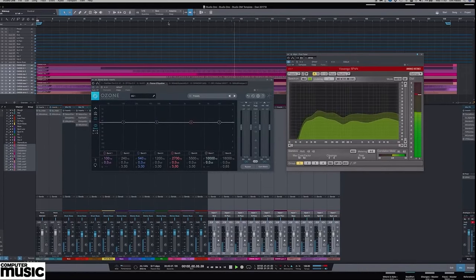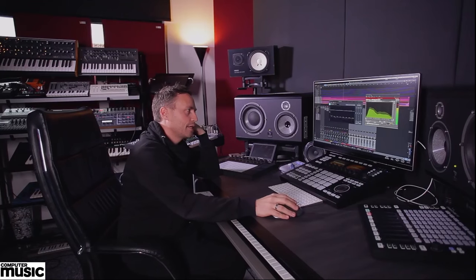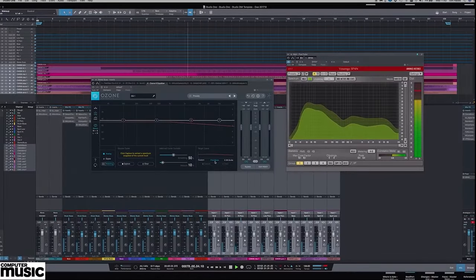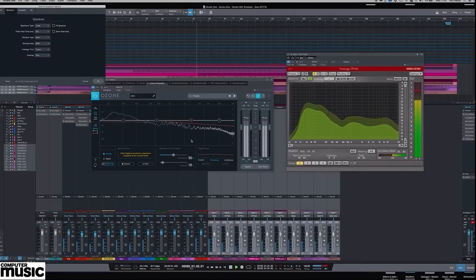Then, next thing I use is the Ozone 8 equalizer. Why? Because they have a system which is called matching. You can match it either to a reference track you really like, but why I use this is with the pink noise. So when I activate it, I can immediately see in a more average way, because I changed the spectrum options so that it's slower,